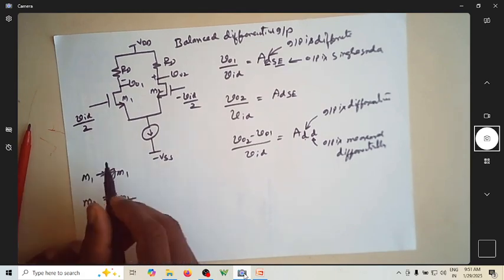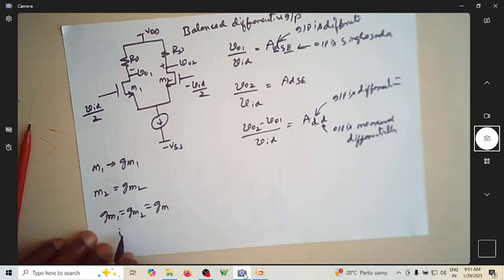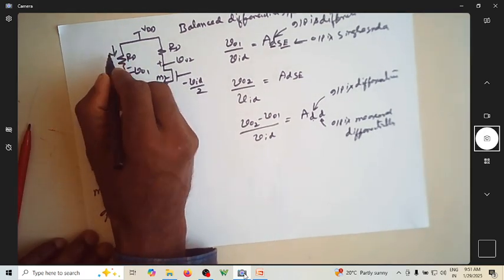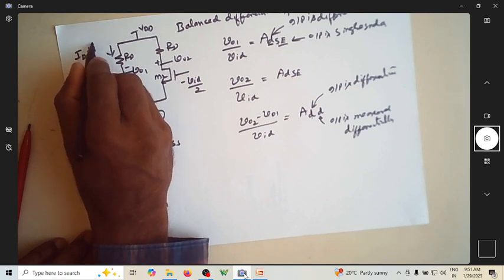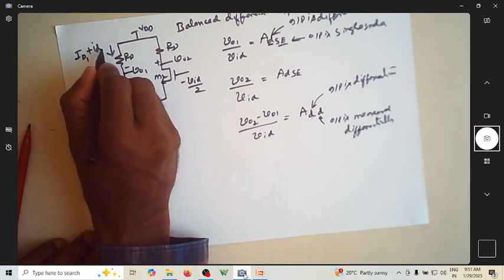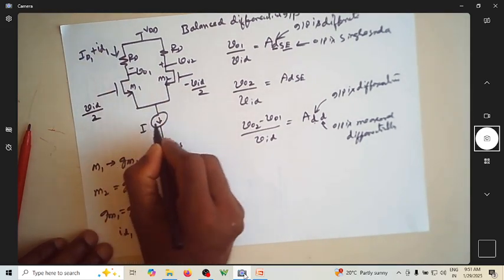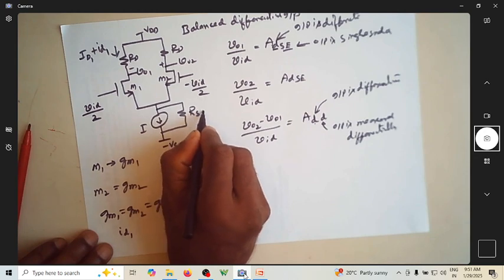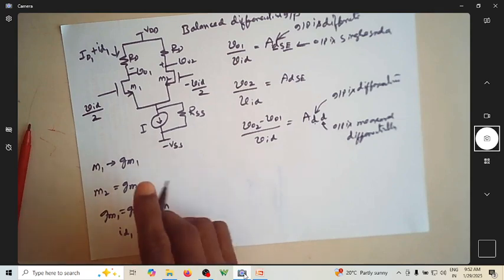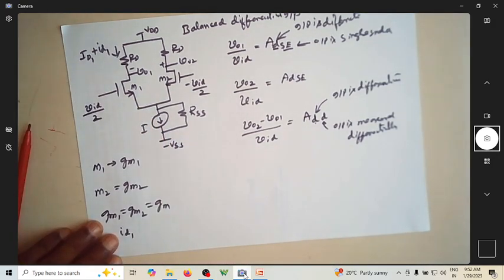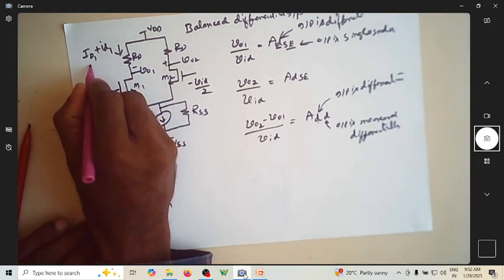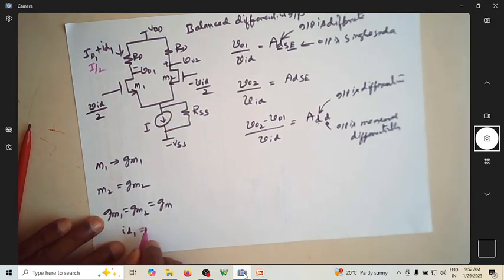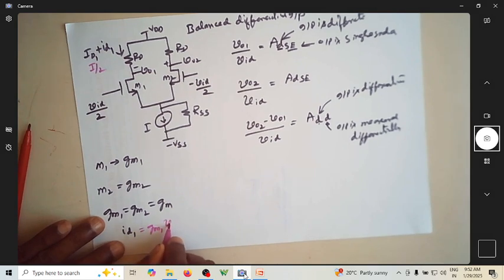So now what is the current flowing through the first transistor? What is the small signal current flowing through this? Because you're going to have two currents, one is capital ID, the other is small id. Let me write it as capital ID1 and small id1. If I say this is my current I, let us assume there is a resistor associated with this current source. Let us say this is RSS. If this is I, the current ID flowing through this, that is the DC current, will be I by 2, half of this, and this id1 will be equal to GM1 times VID by 2,